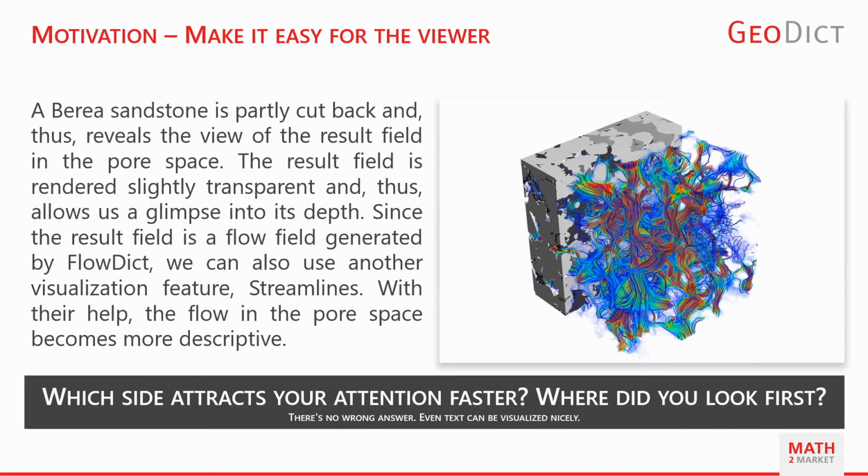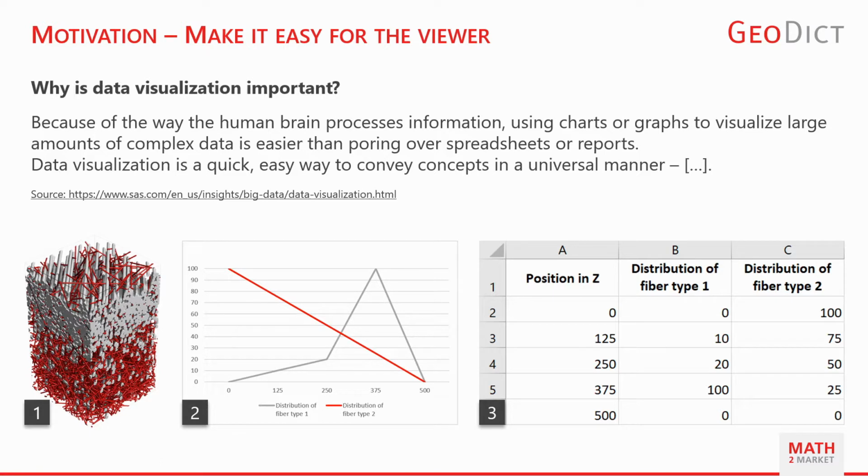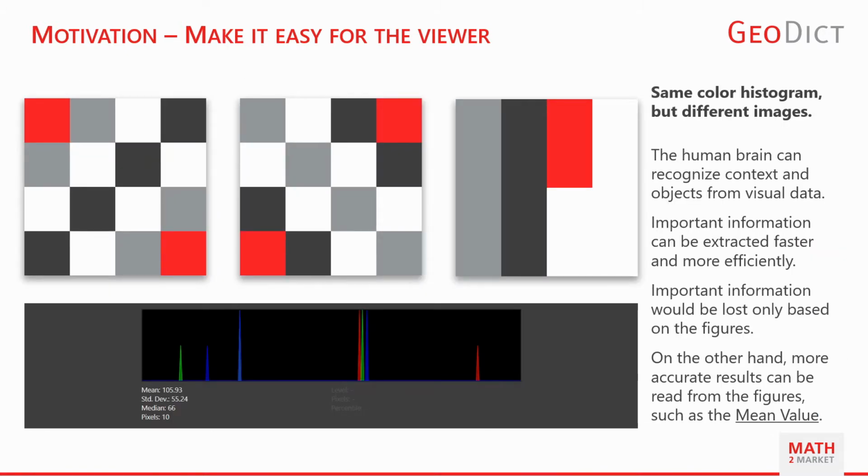Our brain processes visual information faster than text and numbers. We don't have to learn how to see pictures, but we do have to learn how to read. And even if the image does not communicate the core information, it can at least attract attention and make the interested person search the content for the desired information. A good visualization, no matter what kind, should make it easy for the viewer to acquire the desired information quickly and effortlessly. The viewer's expectation of the validity of the image in relation to the content plays an important role in this respect as well.